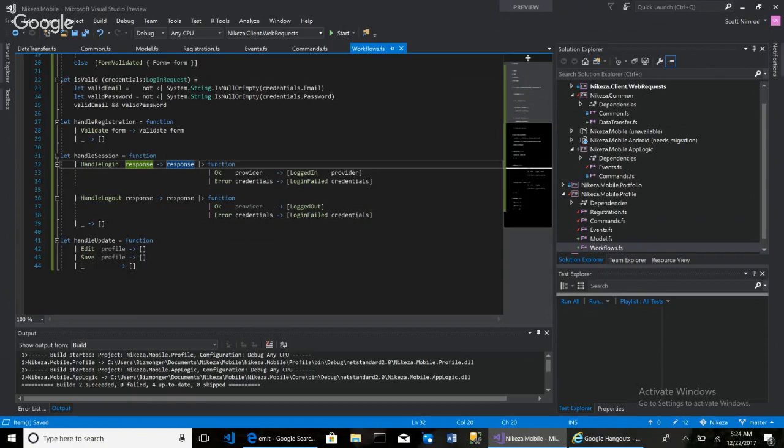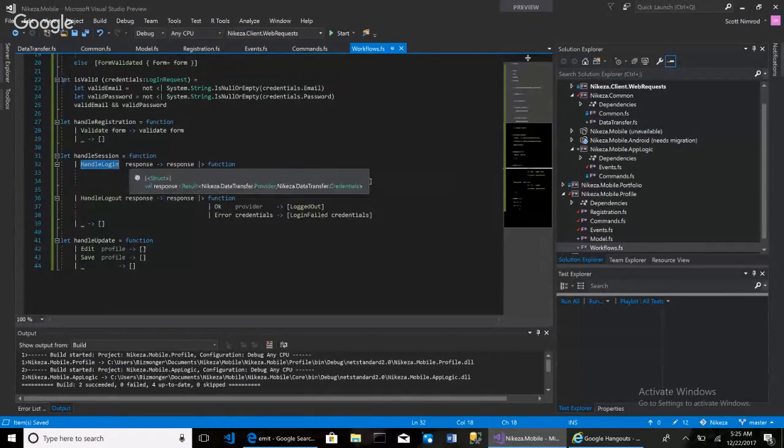And within that workflow, that command will always be an input that the workflow will have a parameter for. It will take in or consume that command as an input into its function. It'll emit domain events from it based on whatever pure domain logic it executes. So in this case, this handle login,